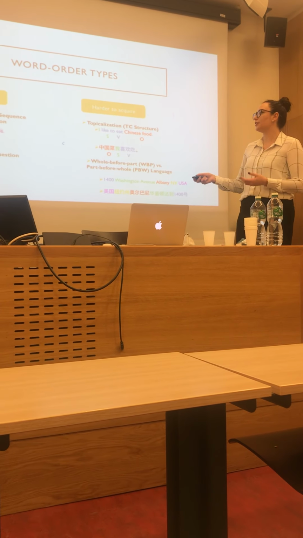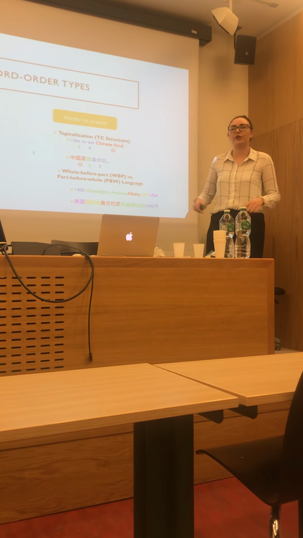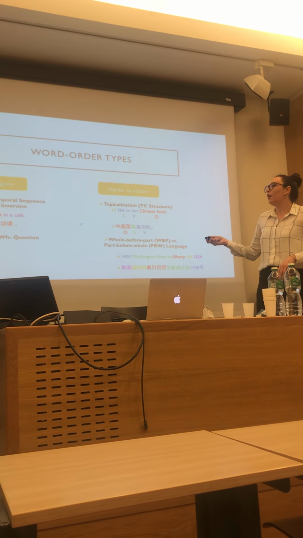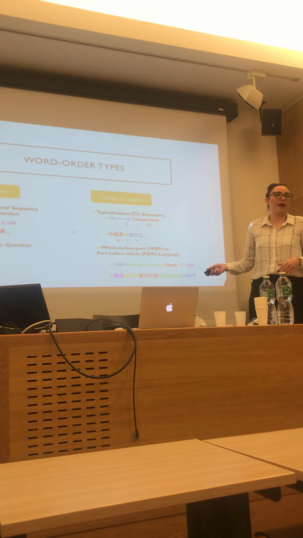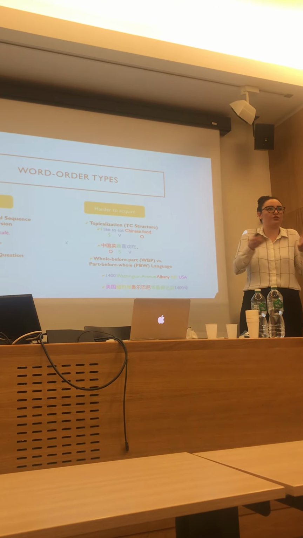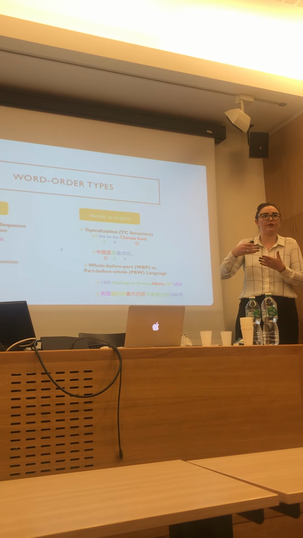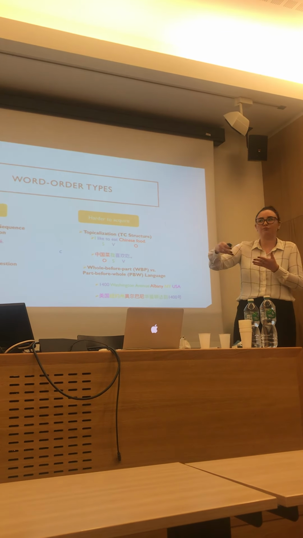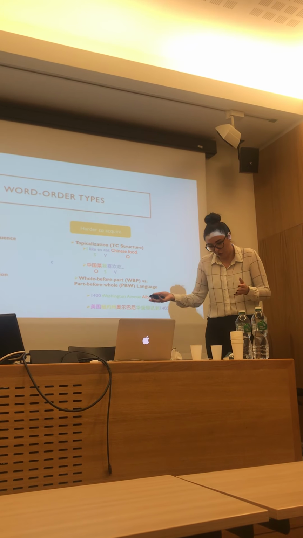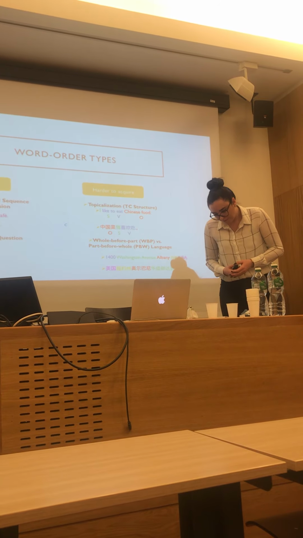So in English, you could say something like, I do homework in a cafe. You could also say, in a cafe, I do homework, right? The locative is flexible. But in Chinese, you'll notice that the purple part here, which says in a cafe, has to go before the verb. We can't put it anywhere else in the sentence. For Chinese people, that's where it goes. You have to put the locative at the beginning of the sentence, because the importance of it basically precedes and is predominant to the verb, because you have to know where you are before you know what you're doing, I guess. This is the Chinese way.